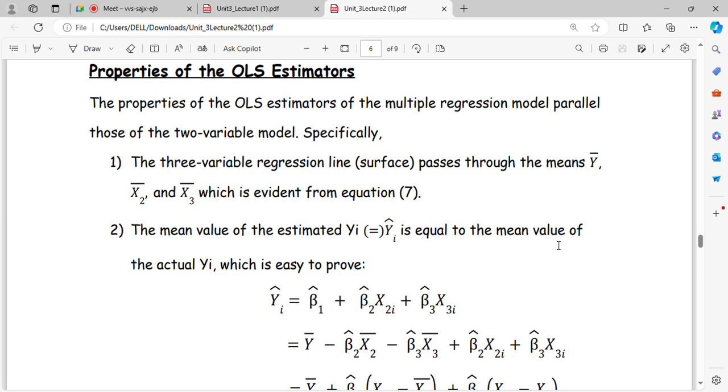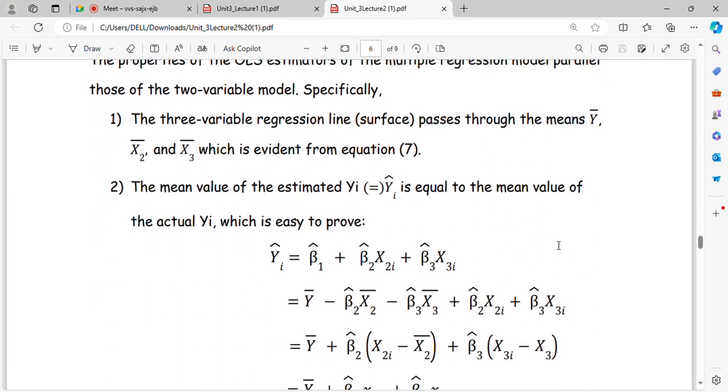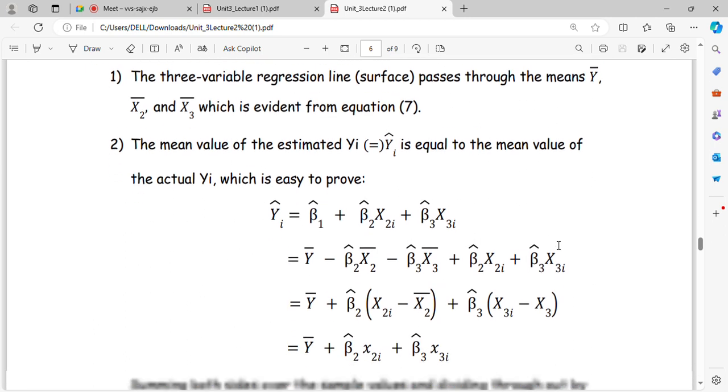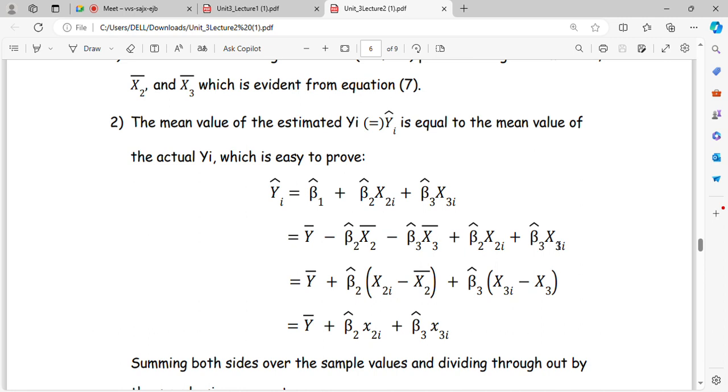Similarly, আমরা আগেও এটা পড়ে এসেছিলাম যে mean of yi hat is equals to y bar. Here also we have the same property. The mean value of the estimated yi is equal to the mean value of the actual yi, which is easy to prove. এটাও কিন্তু পরীক্ষায় আসতে পারে। We know that from the sample regression function yi hat equals